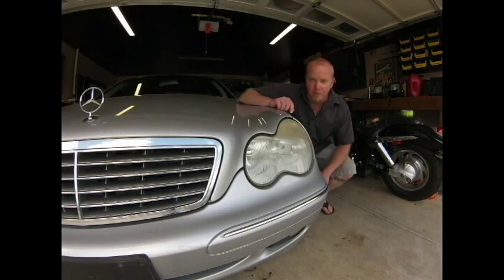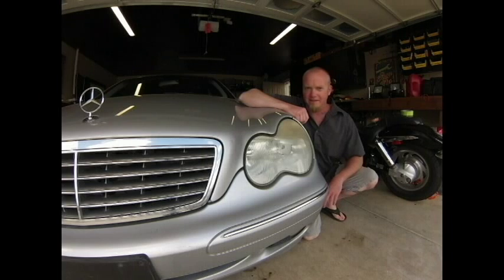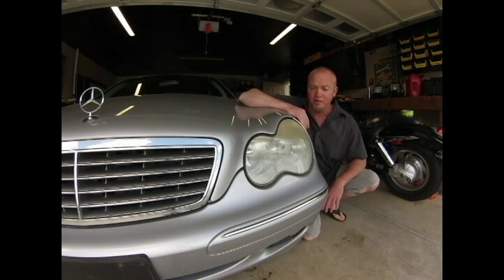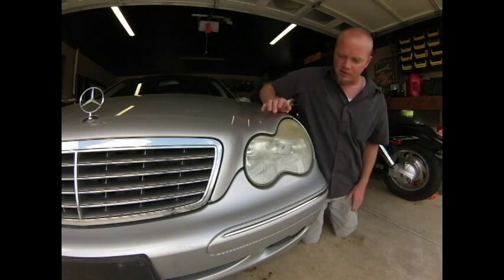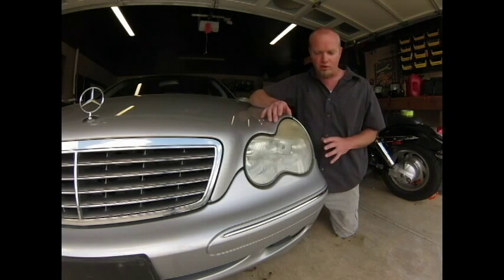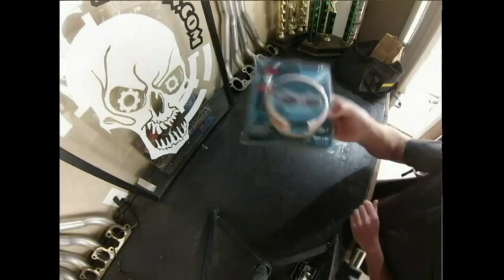So the headlights are looking pretty bad here. Really dingy. I've tried every single as seen on TV product and none of them work. These are getting worse by the day, so I just can't take it anymore. I went down to Baxter Auto Parts and I found